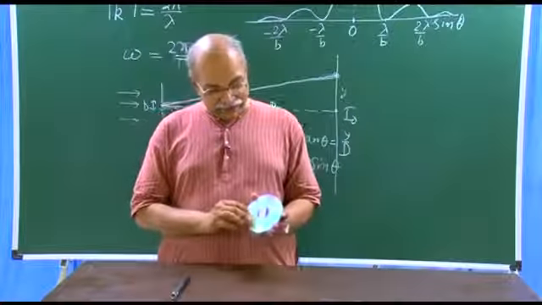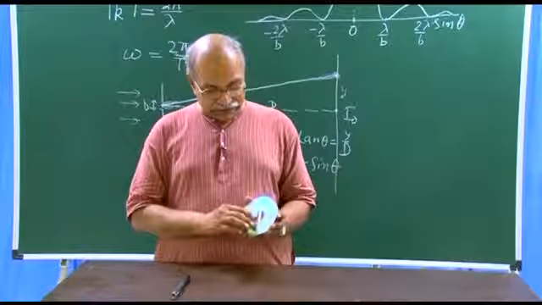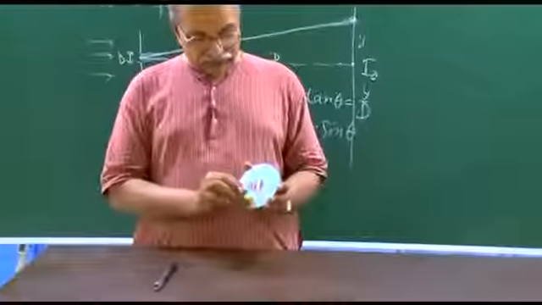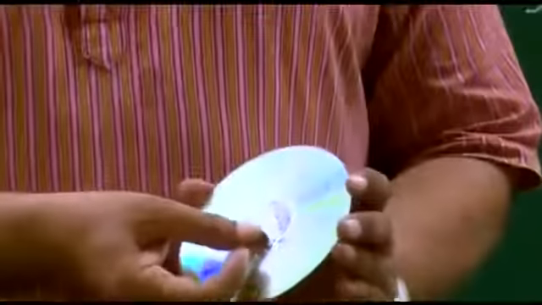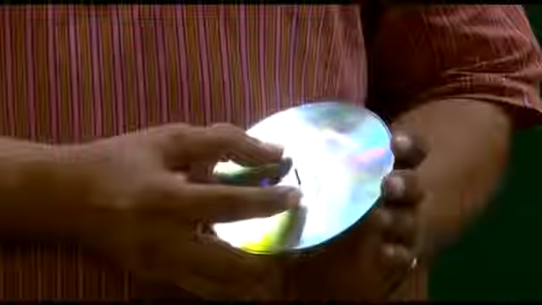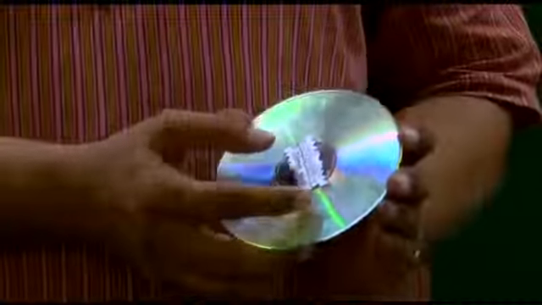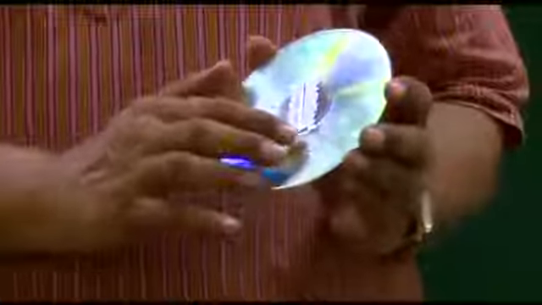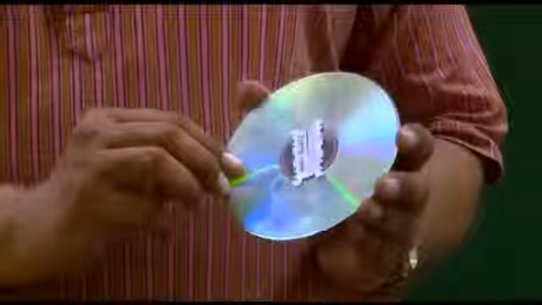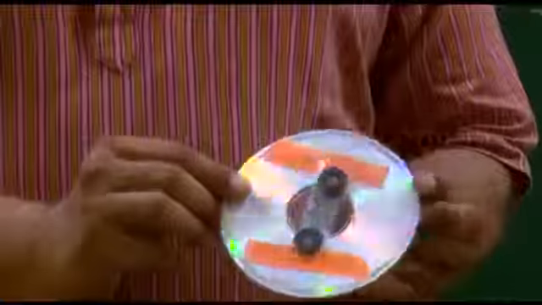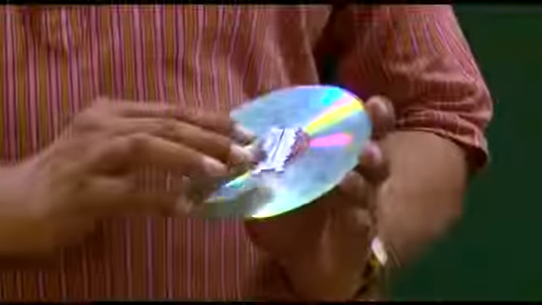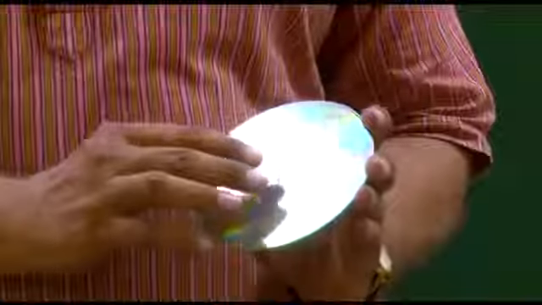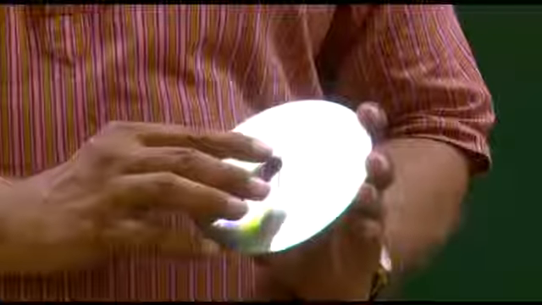So, to make the slit, we have taken two pieces of razor blade, and these two pieces are placed parallel to each other on this compact disc. How are these two blades or pieces staying on this disc? For that, look at this side: we have put two small magnets on the other side. These magnets are holding the two plates, and we can adjust the separation manually and make this slit a